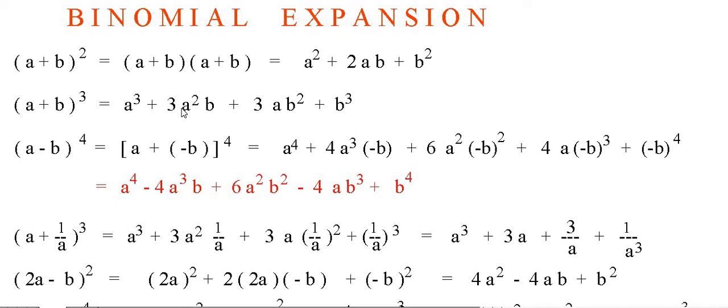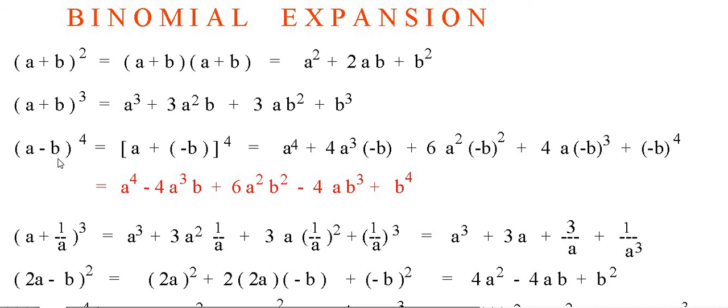We can remember this 3 by multiplying the numerical coefficient of this. 1 times plus 2 is 3. Then next is 2 plus 1 is 3 also, then 1. Okay,